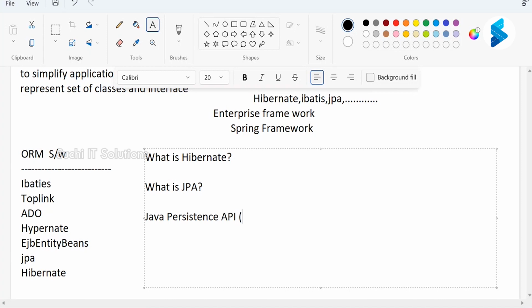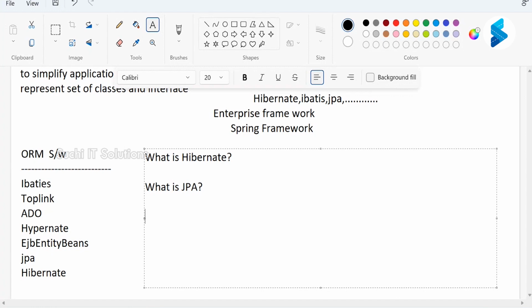I can say JPA is a Java specification providing functionality and standards to ORM tools. So the Java Persistence API, JPA, is the specification and represents a set of classes and interfaces. These specifications are implemented by ORM software, I mean Hibernate and so on, everyone said.